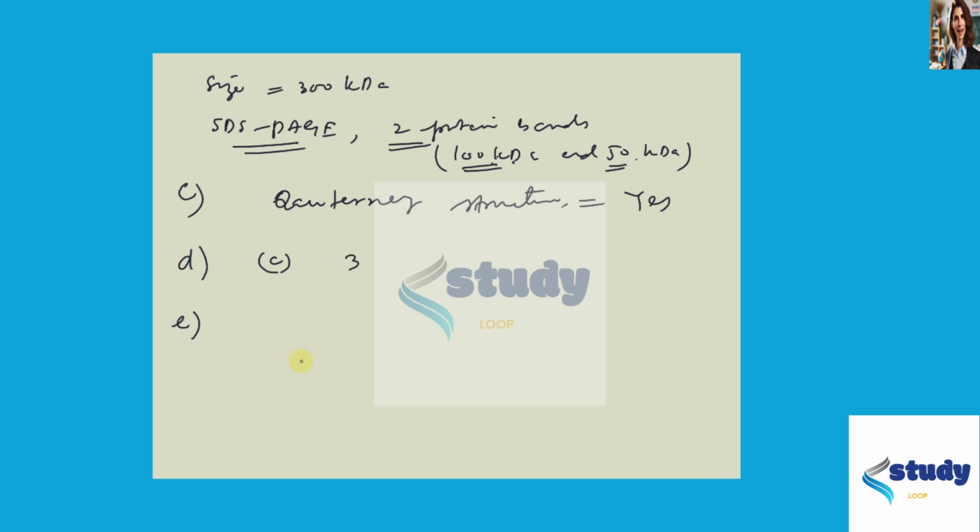We need a further analysis to determine the presence or absence of domains in a protein, or how many domains are present in a protein. So the correct option is option C, which says that cannot determine